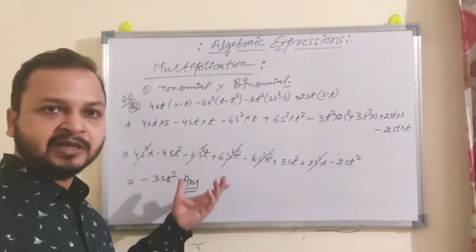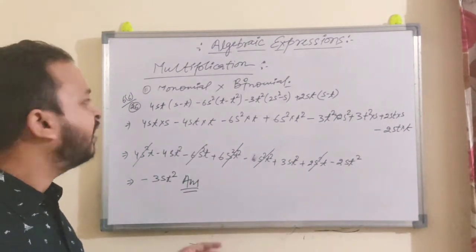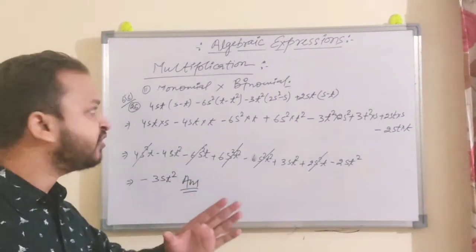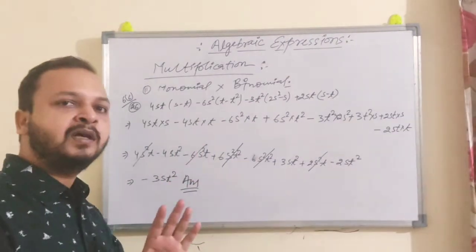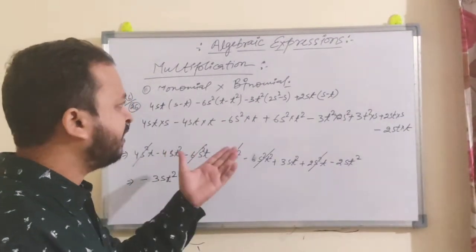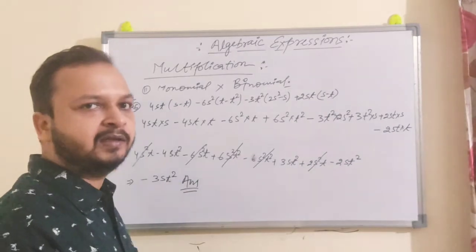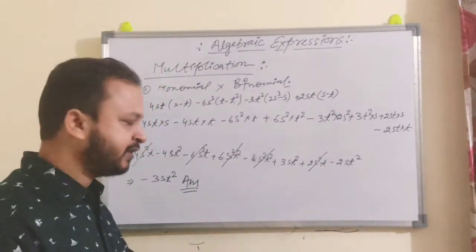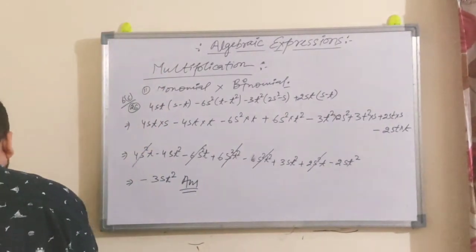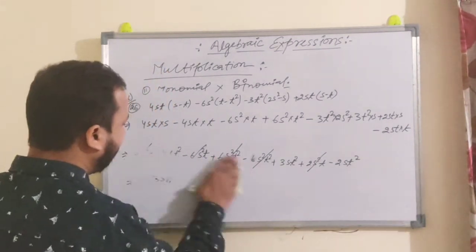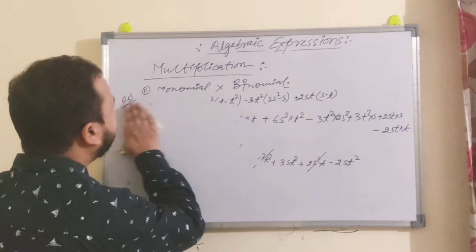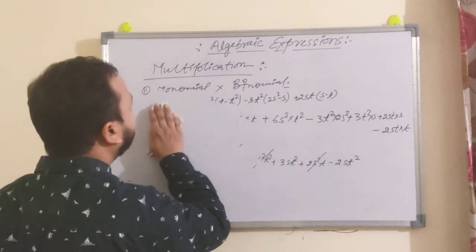So they are very easy questions. You have to practice them, and in the multiplication of a monomial with a binomial, you have to always apply the distributive law while solving by the horizontal method. If you are going with the column method, it is also good. Practice it. Both the methods are easy, so make one method handy, so that you can simply solve it.